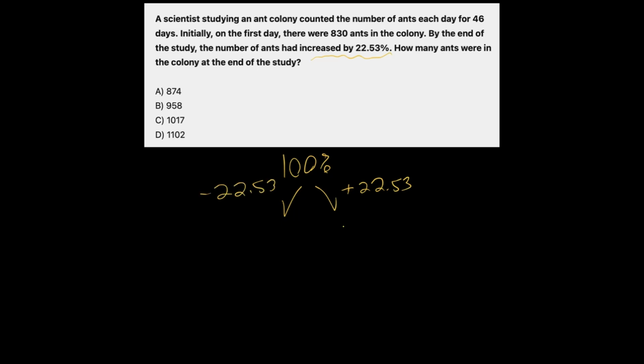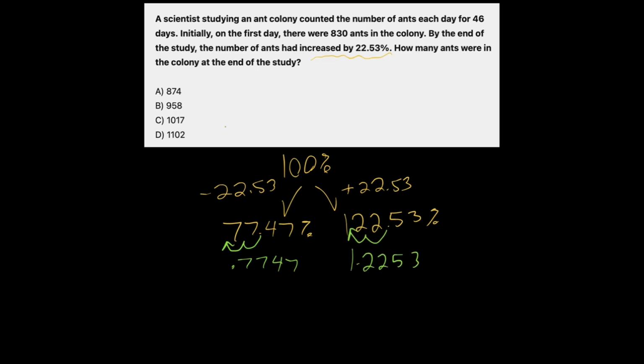So going up is easy. It would become 122.53%. Going down, it would become 77.47%. And now we can think about moving both of those into decimal form by moving that decimal 2 spaces to the left. So 0.7747 or